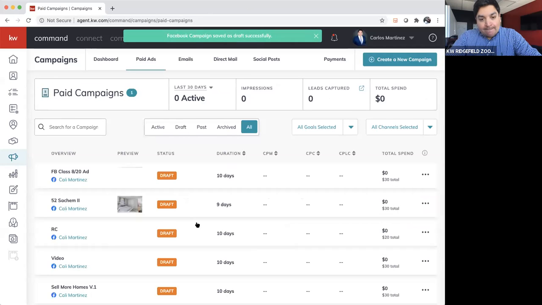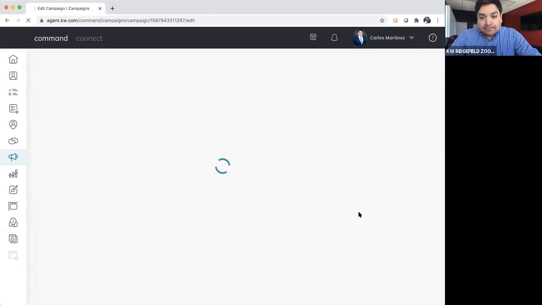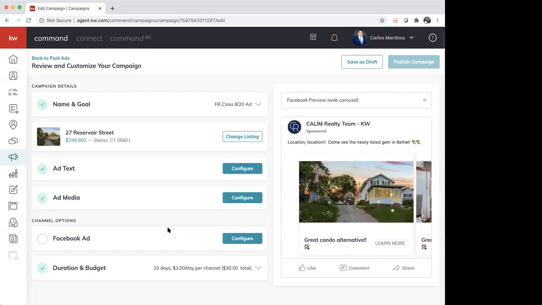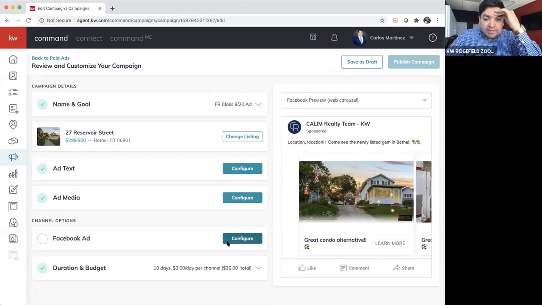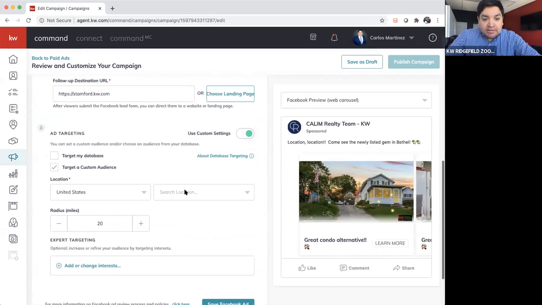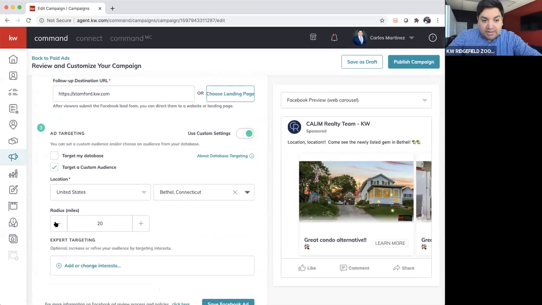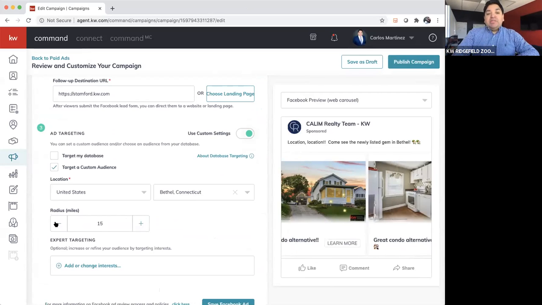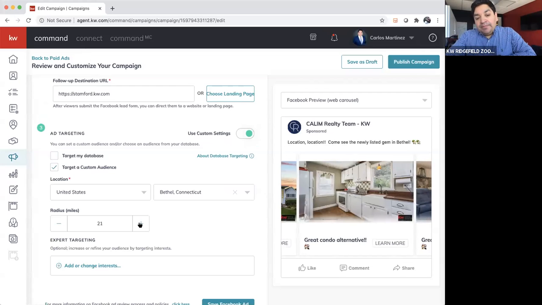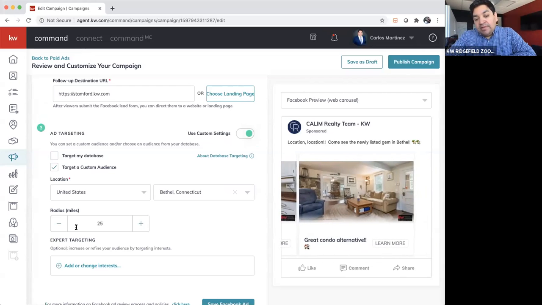Okay, so I'm gonna come back in here and hit edit campaign. Facebook ad configure, search location, Bethel, Connecticut. There you go. And I'm gonna keep this to about the lowest radius you can go, which is about 15 miles. I would say about 25 miles to 15 miles is probably where you want to be. You don't want to go too far,